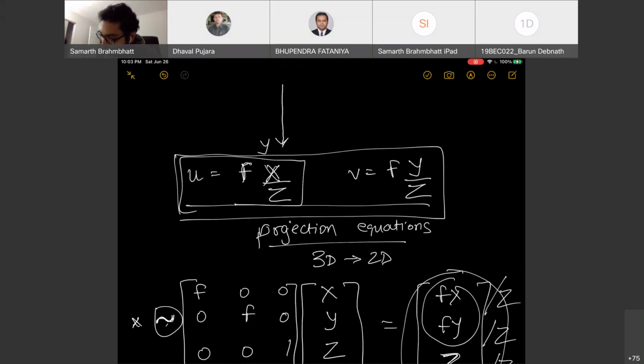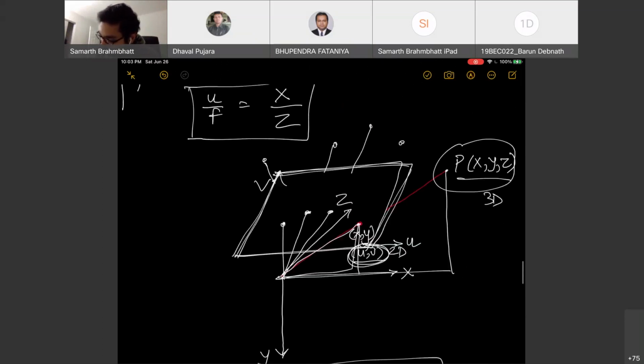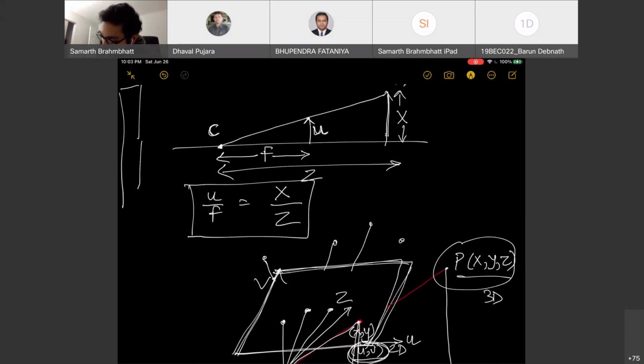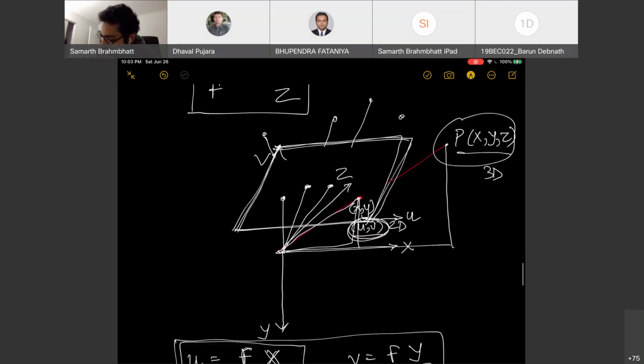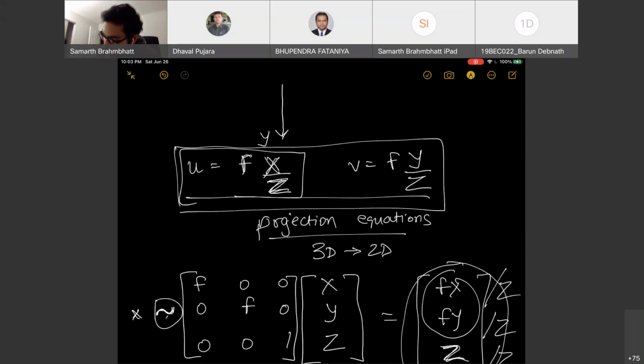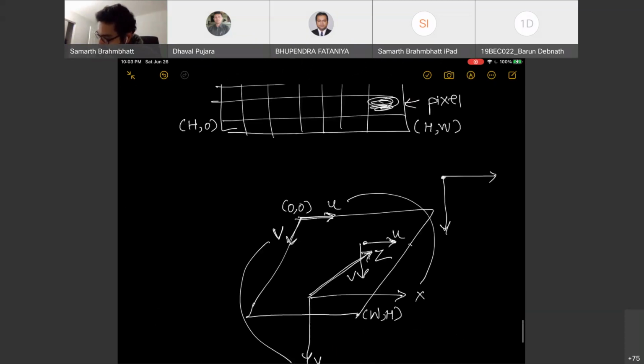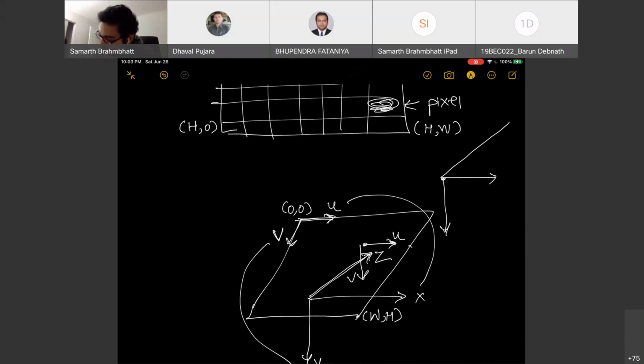The interesting part is this Z. That means Z is actually the distance from the camera to that 3D point. So the higher the Z, the smaller my U and V, right? So that means if my point goes farther away like this,